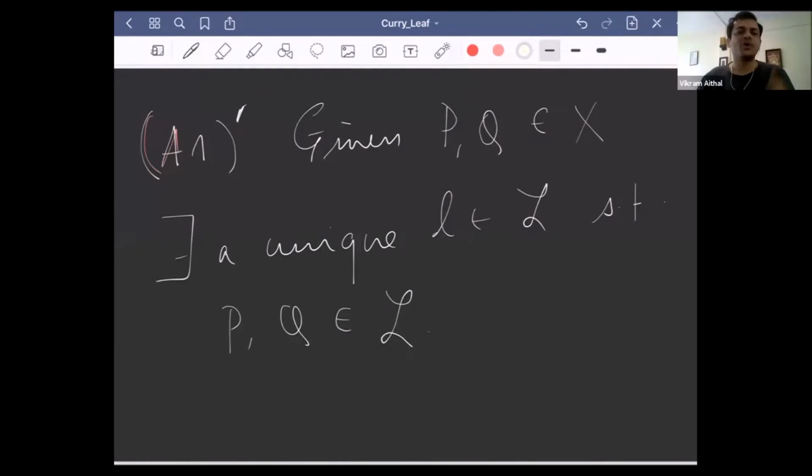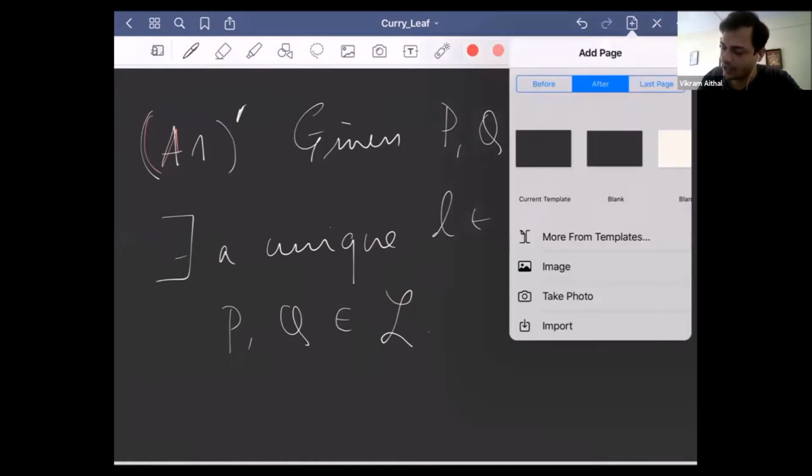But we also saw that we get some nice pictures, some nice examples if we look at just A1 also, so we want to keep that. We don't want to get rid of that, but we also want this because this is something that goes with our perception. So let's look at another model. Today we're just going to look at some models. So let's look at, say, X equals S2. How many of you know what S2 is? It's just the 2-sphere in R3.